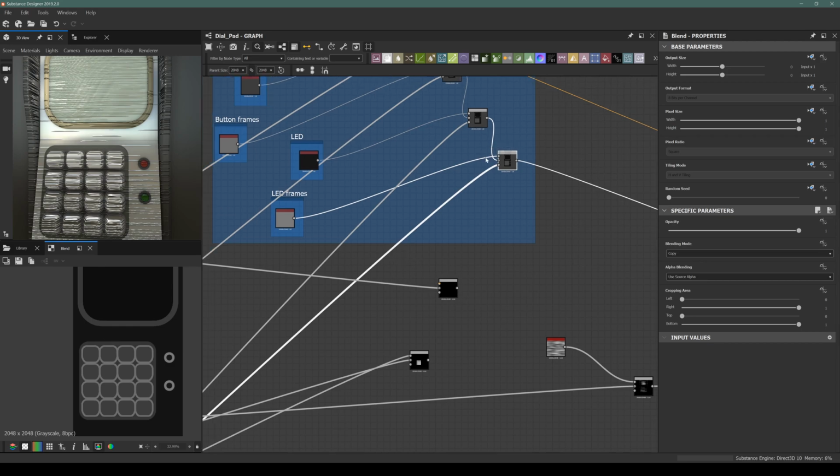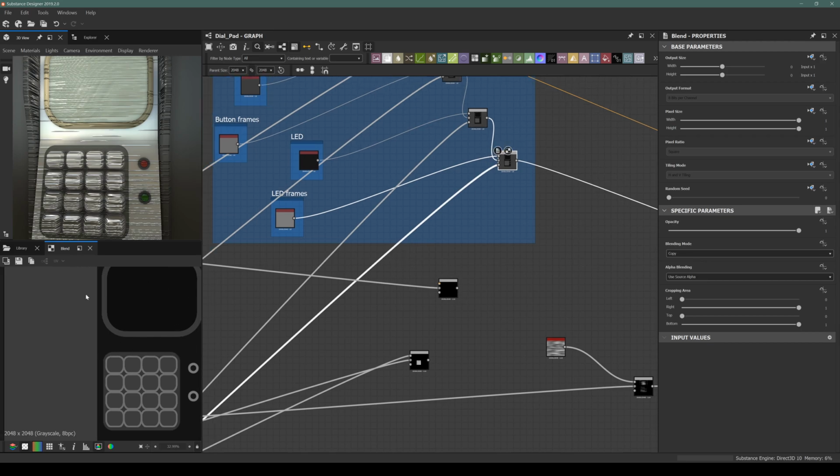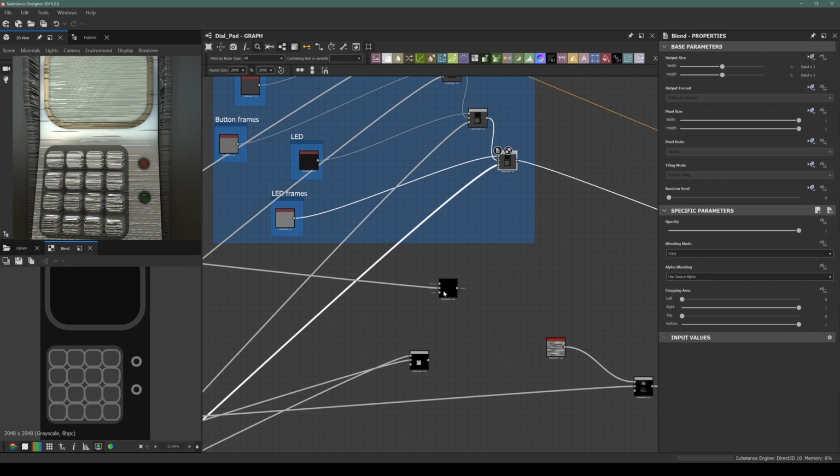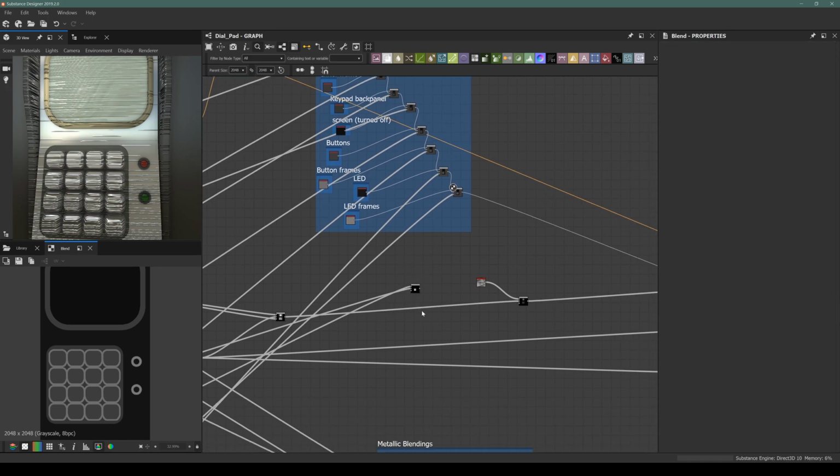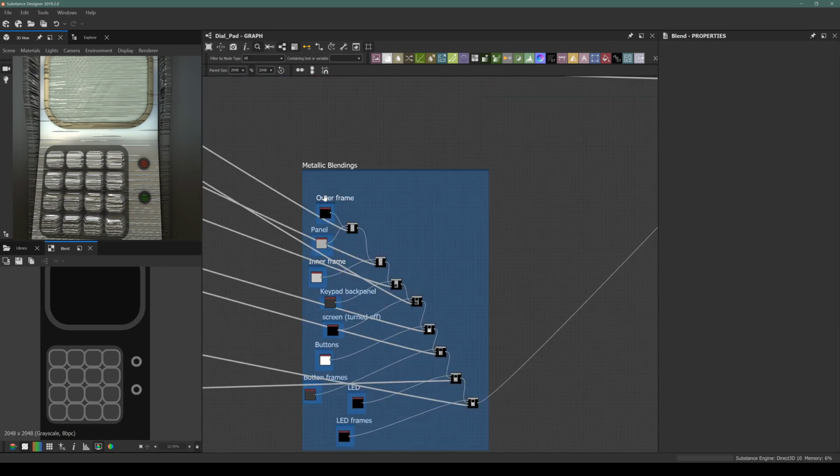But since we have created some different roughness values, maybe it will be easier to just use